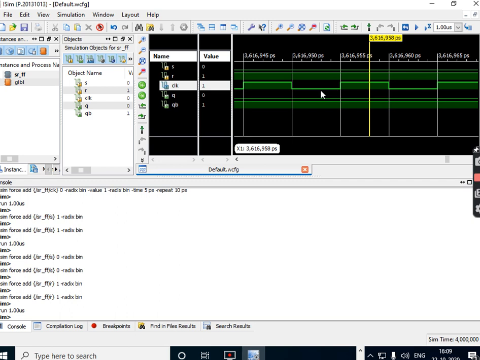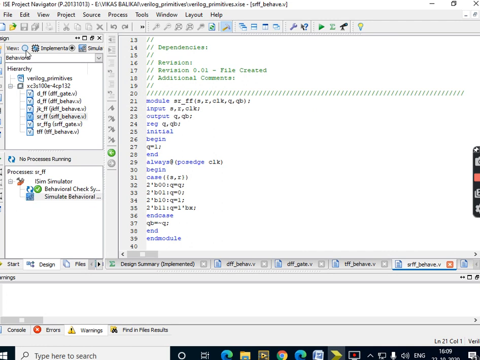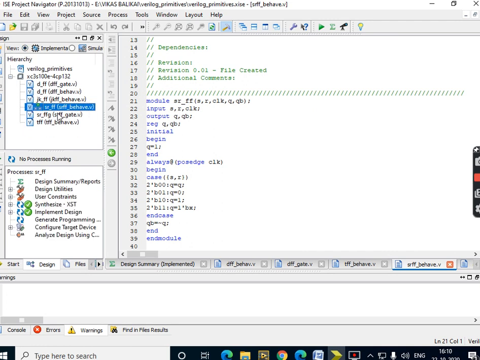When no clock is applied, it will continue in the previous state, and when the clock gets applied, immediately it changes to the required state. Okay, this is what a property of SR flip-flop is. I think you have understood now how the SR flip-flop works under the behavioral modeling. Now let us check the same SR flip-flop with a form of the gate level design also.